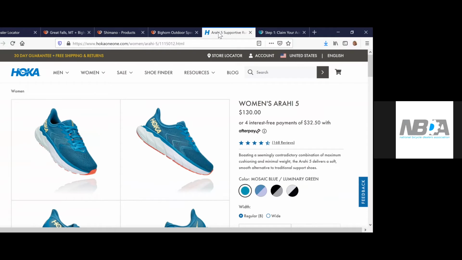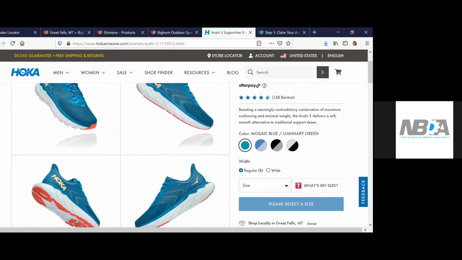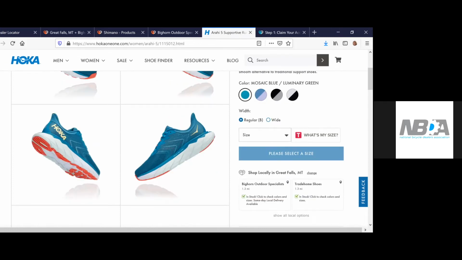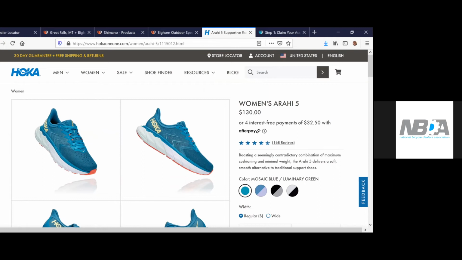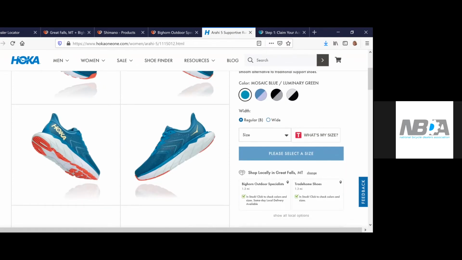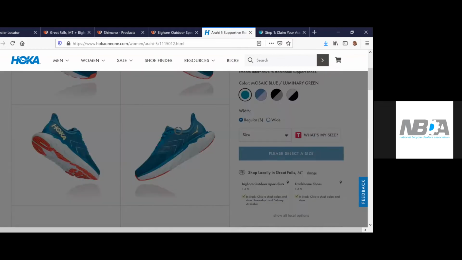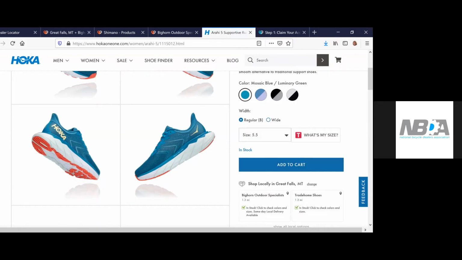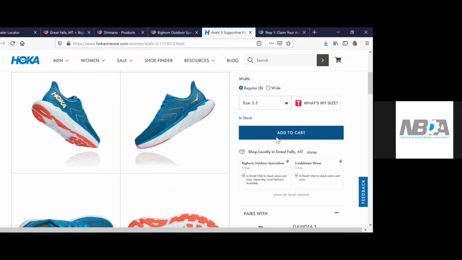Different brands integrate locally differently. We showed you store locators a minute ago, or I showed you store locators a minute ago. I wanted you to see a product page too, so you get an understanding of how this can look on a different brand site. Hoka in this case is showing on this product page for this women's Arahi 5. We can see that they have their own direct to consumer, of course, maybe it's a size 5 and they have their add to cart button, but right there on the product page, along with their add to cart, they're showing the nearest retailers who also have that stock available.